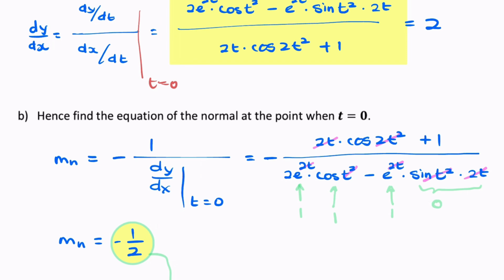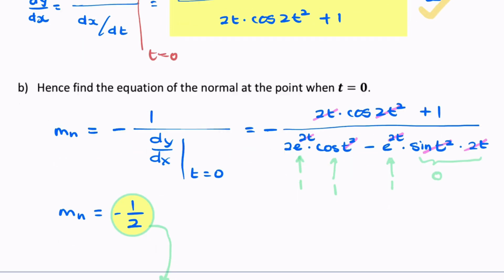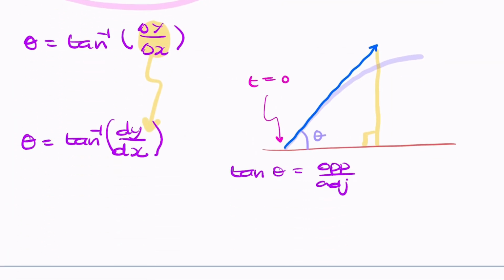So the gradient of the tangent was 2. So if we go back, we can say theta equals the inverse tan of 2, which is